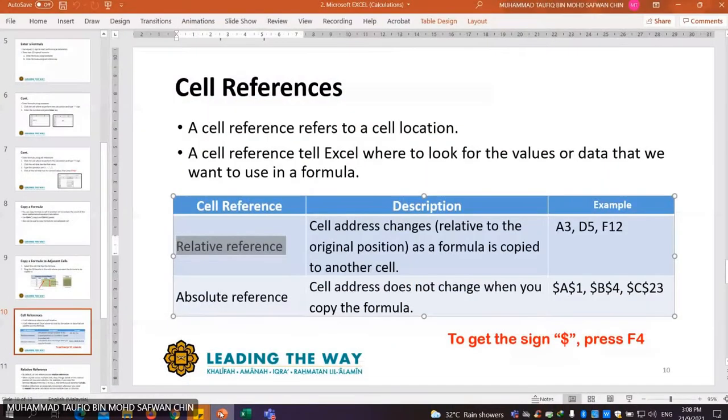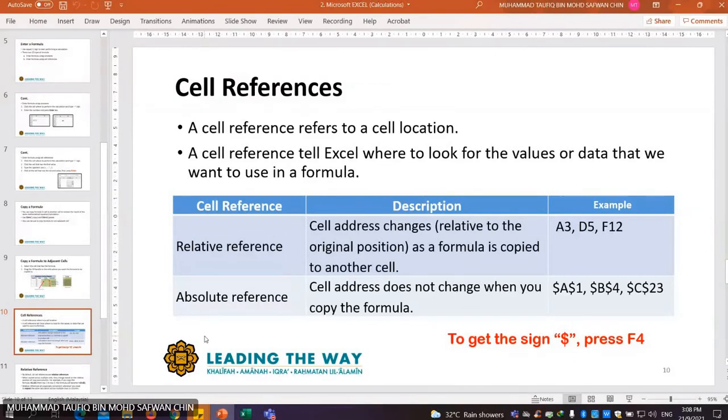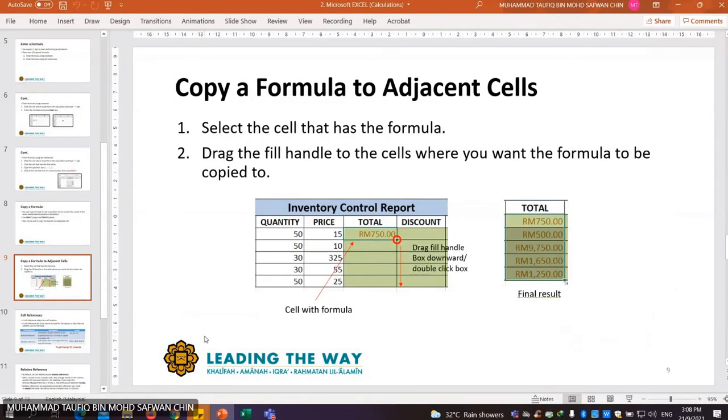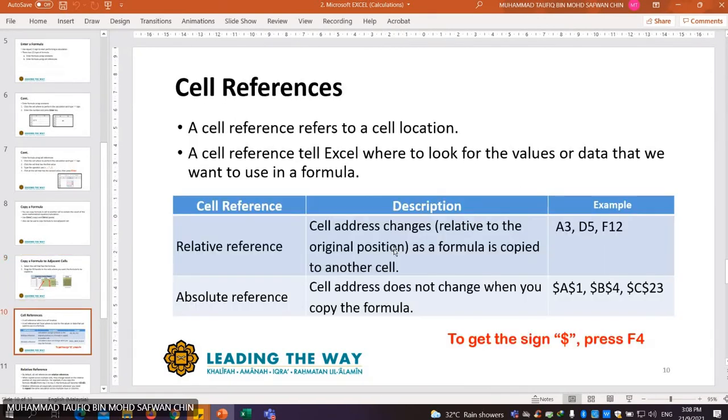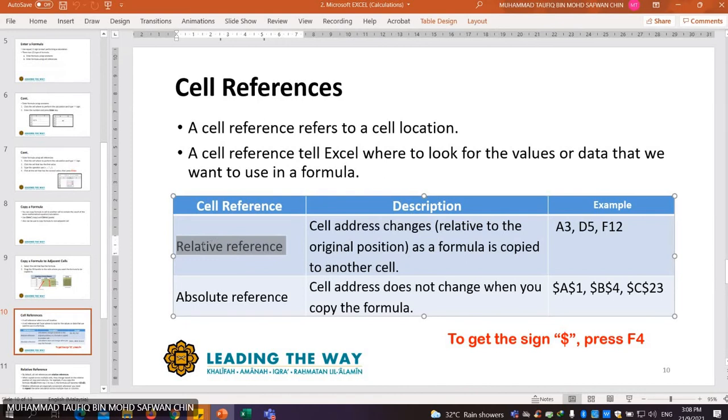Okay, let's continue. So this is about the fill handle. Okay, so fill handle sebenarnya banyak function dia dalam Excel spreadsheet. Okay, so relative kita refer kepada jiran dia. So that's why we call it a relative lah. Okay, and here another cell reference we call as an absolute reference. Okay, absolute reference is referred to cell address does not change when you